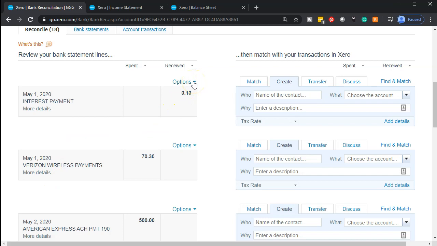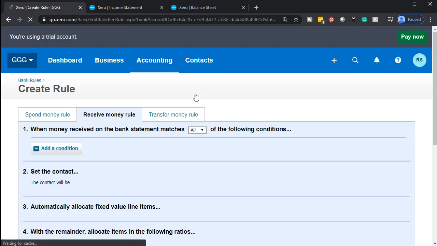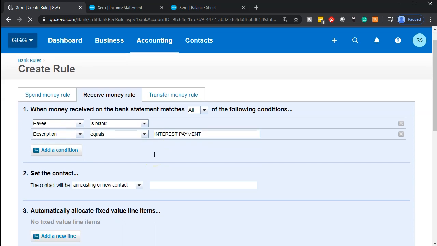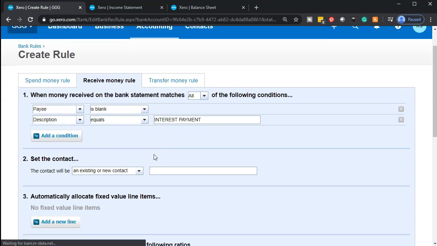So I'm going to go through here and set up rules as we go. If we have an interest payment, this is income that we got. So I'm going to set up a rule. This is how easy it is to set up the general rules. These are items that the system would probably pick up as suggestions, but I'm going to make this a rule. Typically, I'd say to make it a broader rule,